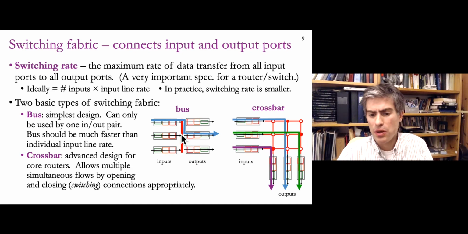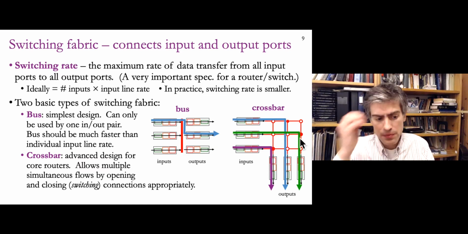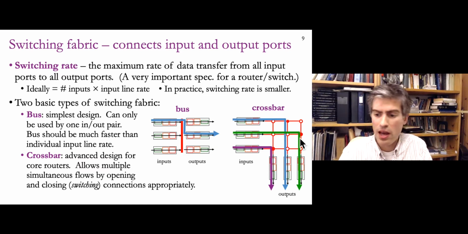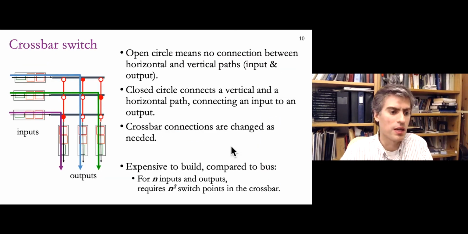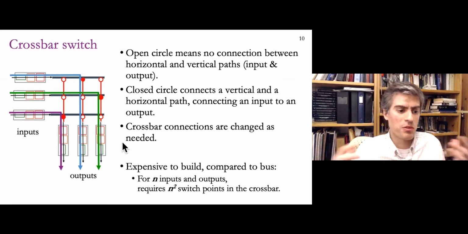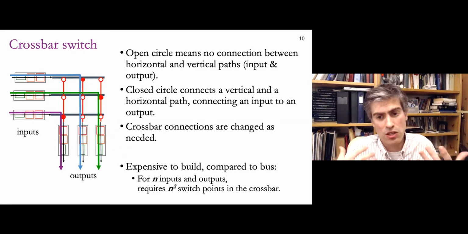An alternative to a bus is a crossbar. In a crossbar, you have the ability for data to flow in parallel between multiple input and output pairs. We'll see how that might be implemented in a second. With a crossbar switch, instead of just having one bus that's shared between all the inputs and outputs, where they have to take turns using it,